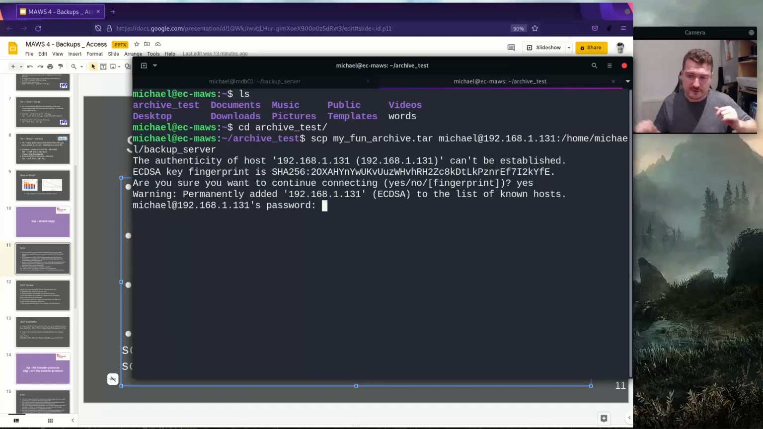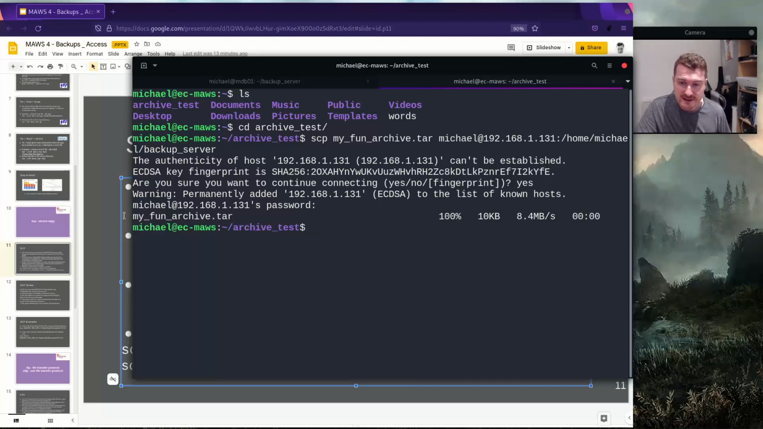Added it to the list of known hosts. Now it's going to say, put in the password. Oh wait, that'll be my actual password. There we go. So what it's said now is, yep, 100%, 10 kilobytes, 8.4 meg per second, and